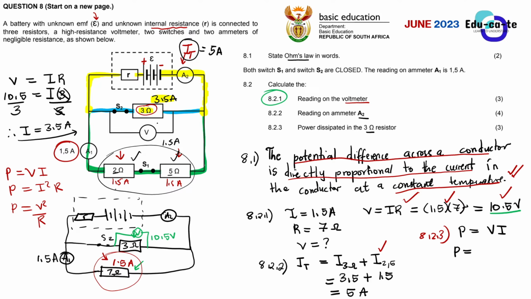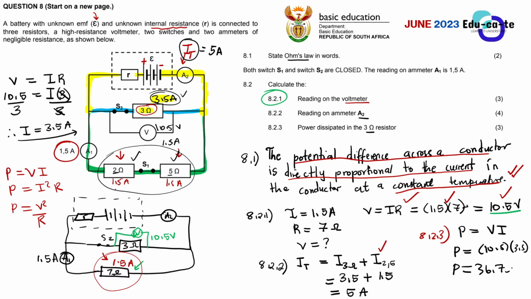In this case, the voltage through the 3 ohms resistor, I've already calculated it and I found 10.5 volts in 8.2.1, right? So we know that this is 10.5 volts. Then we're multiplying this with the current through this 3 ohms resistor. We just calculated it. We found that it is 3.5 amperes. So this is 10.5 times 3.5 amperes. And then that is going to give us a power rating of